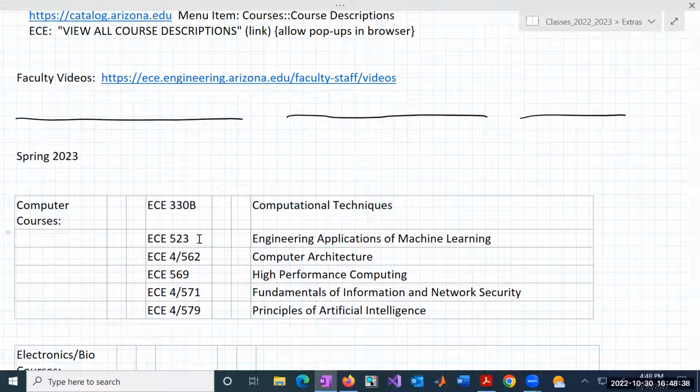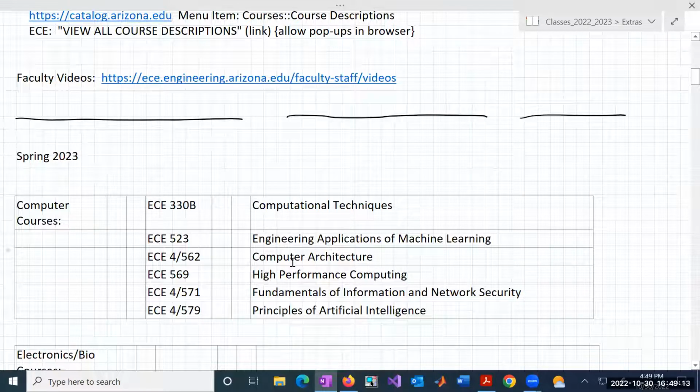And again, I'm going to give you 500 level and maybe even 600 level classes, because many of you will be able to take 500 level classes as an undergraduate student. And some of those are 500 level only. Some of those are dual numbered. That's okay. If you want to take a graduate level class, you can take the 500. If you don't want to take that, then ECE 523 would not be available to you, but you could take